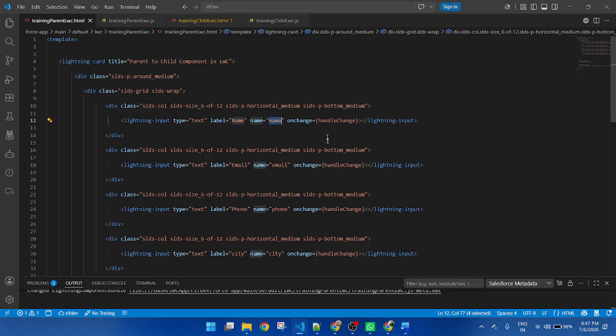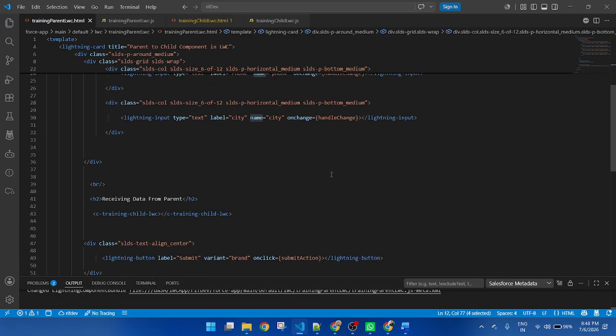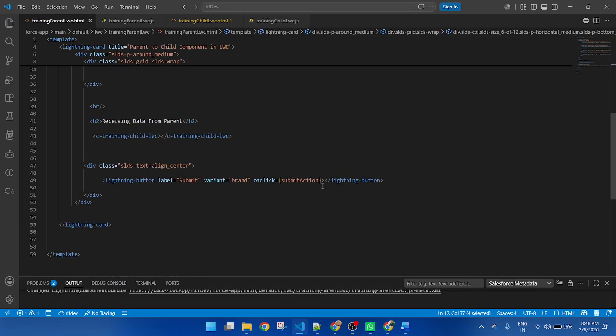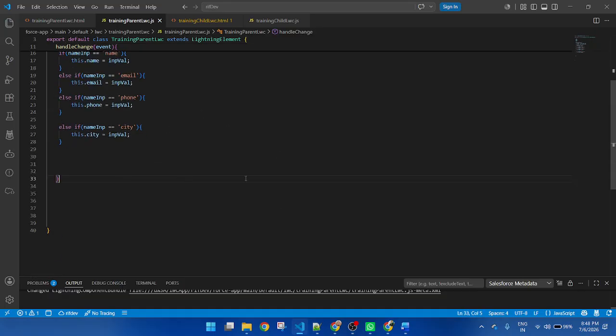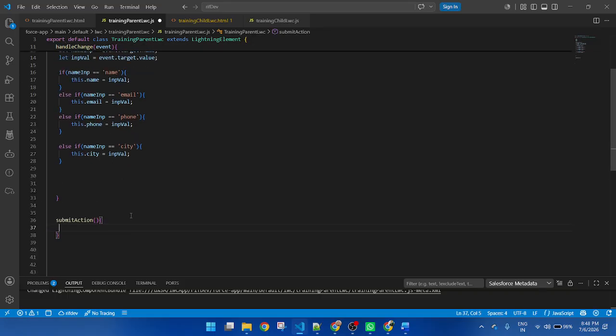So this is a handle change action. Now I am creating a function for the button click, the submit action. After this handle change action, I will pass that data inside this submit action.